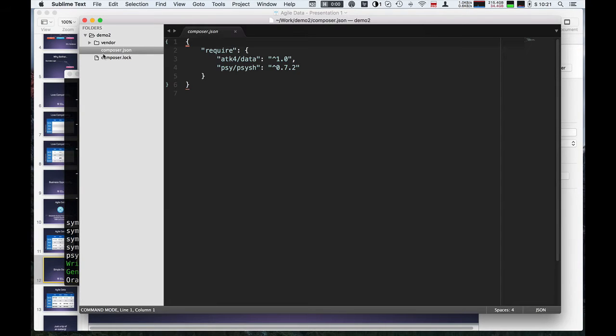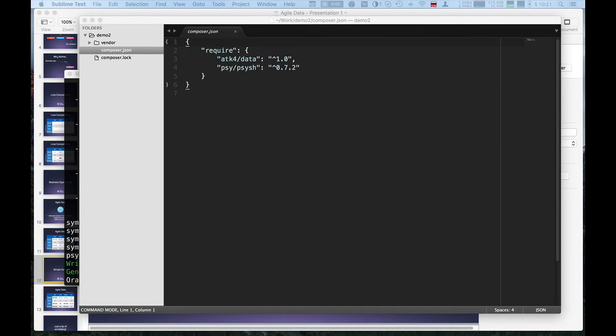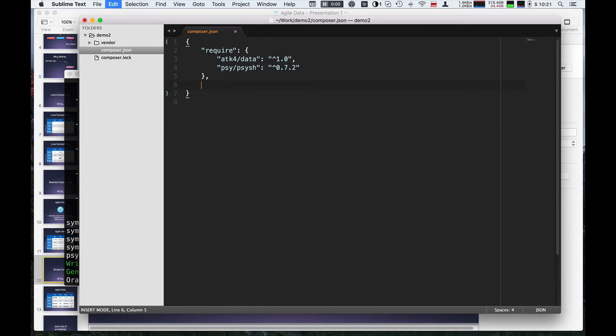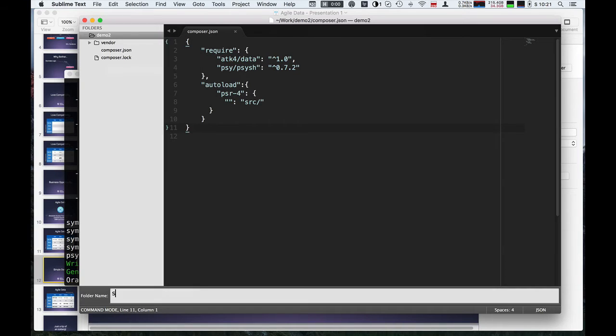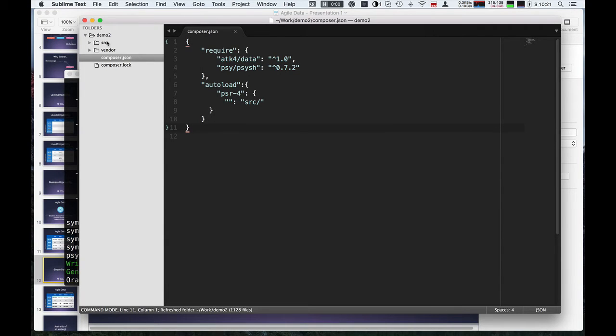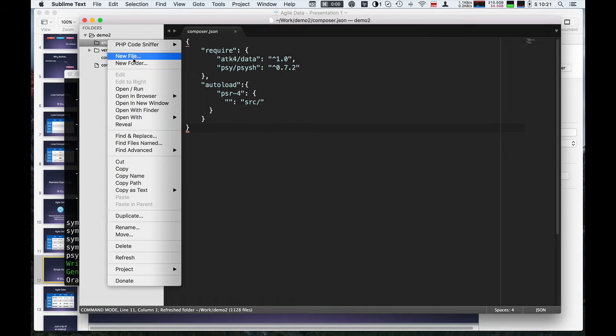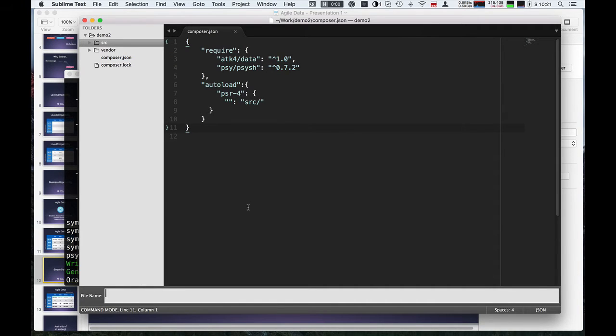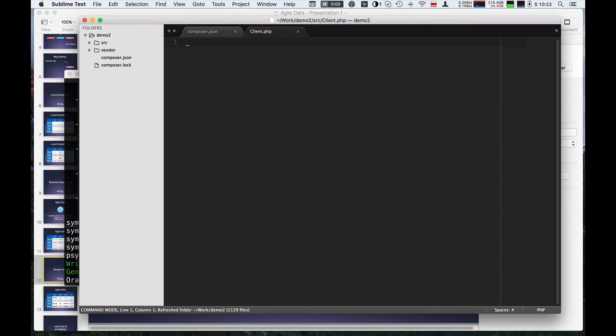I will also have to do a modification for this file because I want Composer to automatically load the files for me. So essentially I'm saying, if you need to load any classes which weren't explicitly loaded or included, you will find them in a SRC folder. And I also need to create this folder as well as place my initial class in here. The class will be called client. It doesn't have to